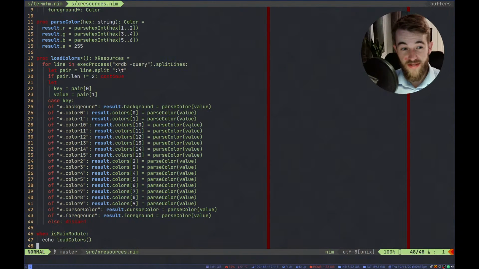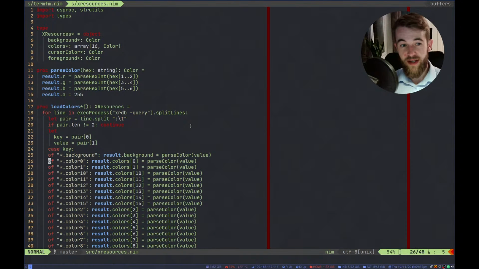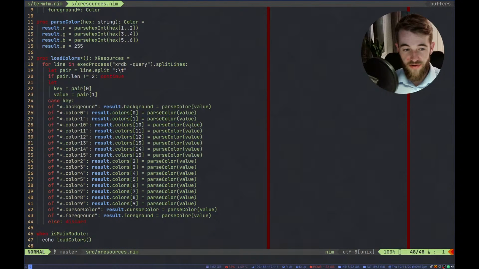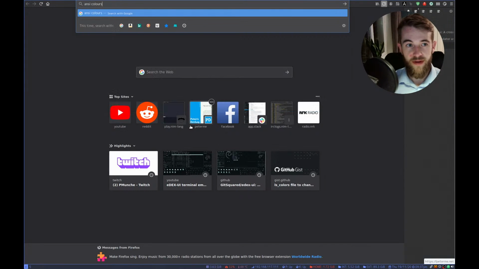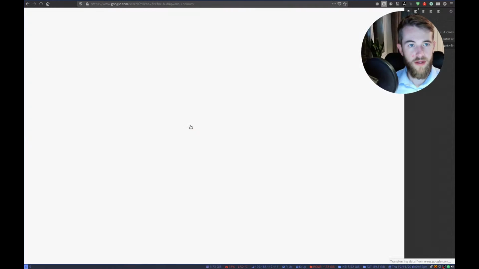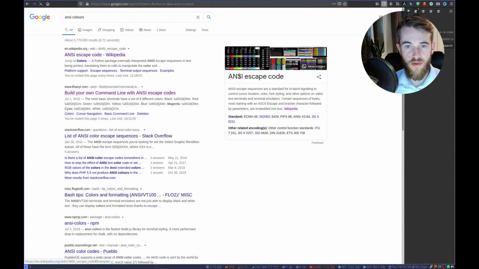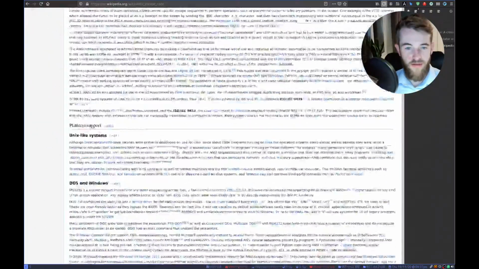I wrote this to read your X resources file. It uses xrdb query, and then reads out all your colors. So the color schemas for, whoops, why did that turn blue? That was weird. So if we look at this,